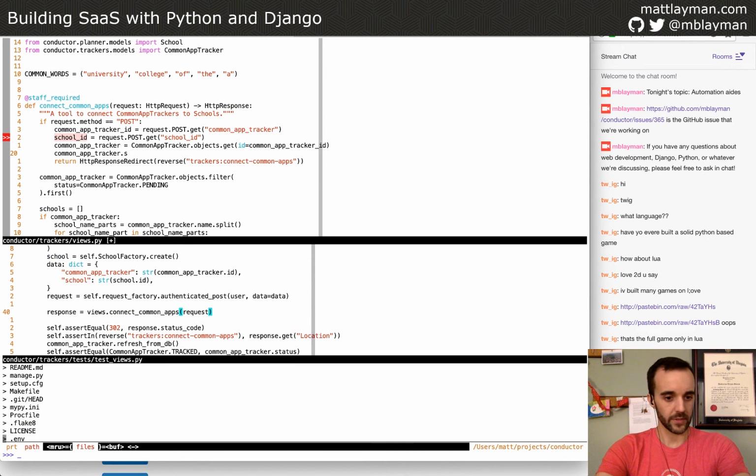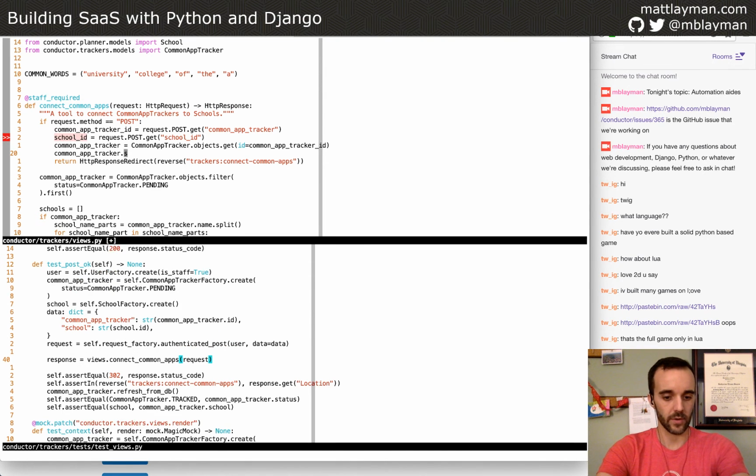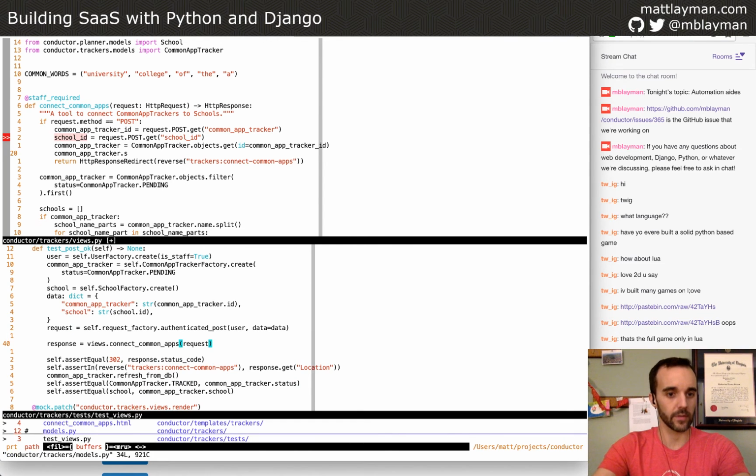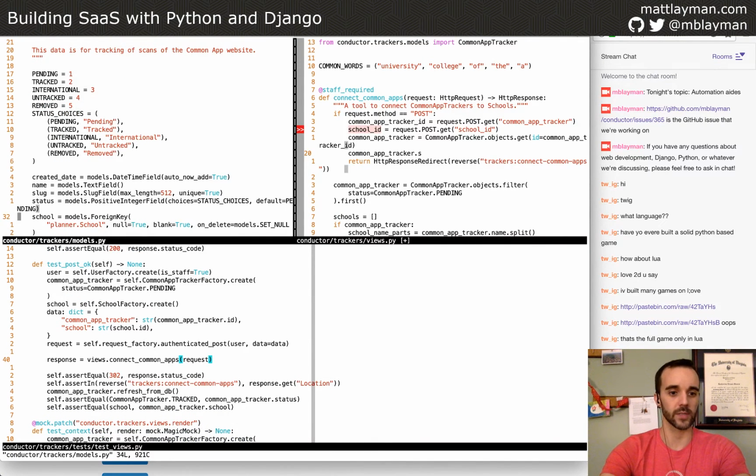But let me finish that thought by bringing up the models again. Sorry, I'm a little scatterbrained about this, but I promise this will make sense. So this is a foreign key. A foreign key, if you know SQL, you can think of like a database table, which is what this model represents. It's one database table, and each common app in this table is one row.